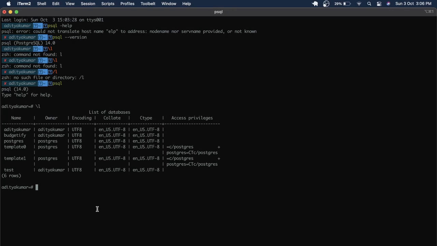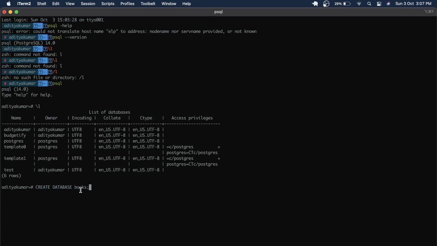So the first thing we're going to do is create a database inside PostgreSQL. To create a database, we just write CREATE DATABASE, and let's create a database called, I don't know, just books. Then a semicolon. In PostgreSQL, the syntax usually uses uppercase letters to denote